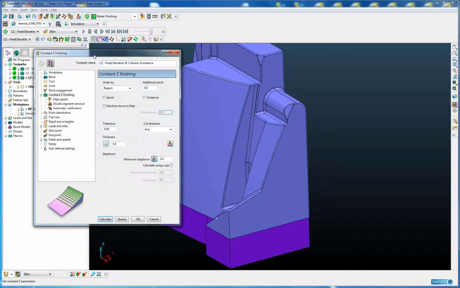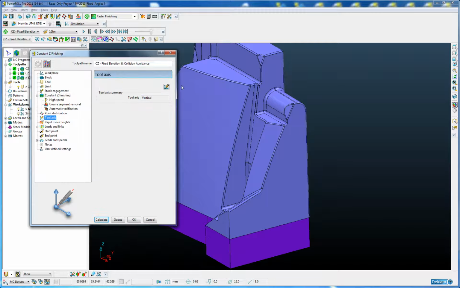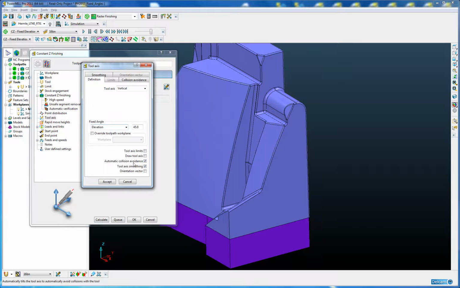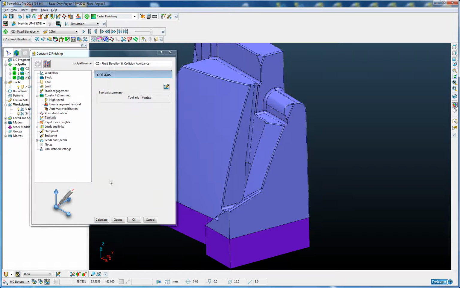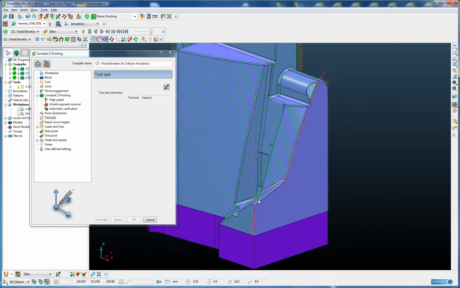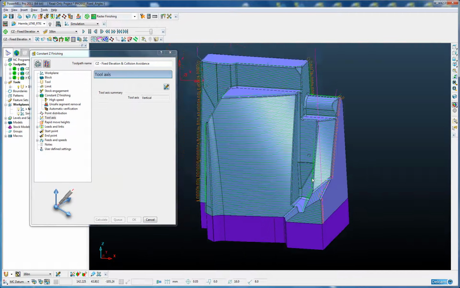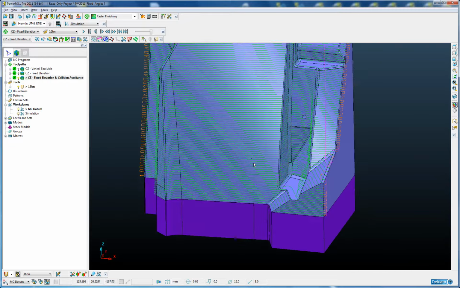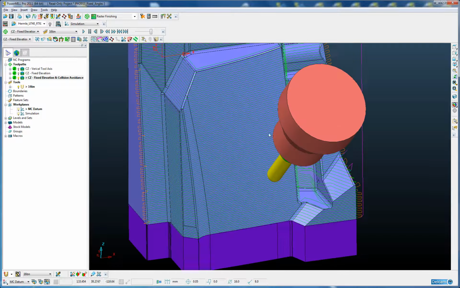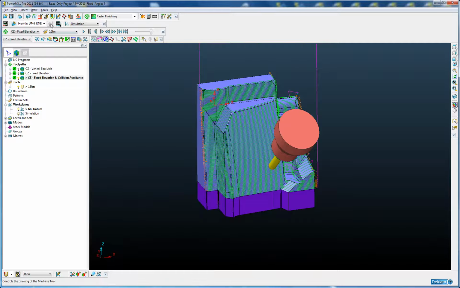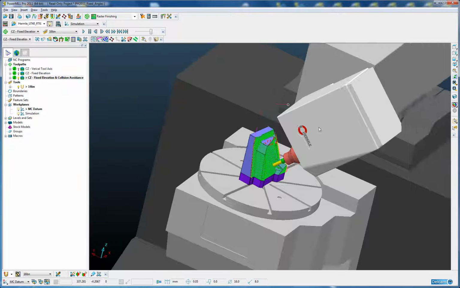So on the last toolpath, on the tool axis form, we've also switched on collision avoidance with a lean and lead method, and now if we calculate, here we can see now we have a complete toolpath without any breaks at all. And if we attach our tool to somewhere in this region, bring back the head of our machine,